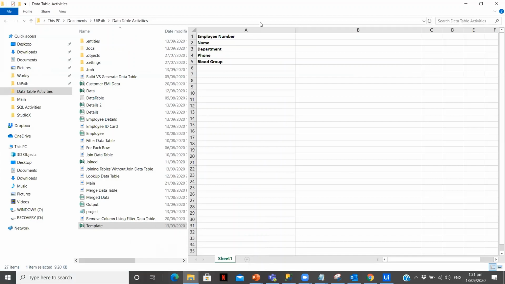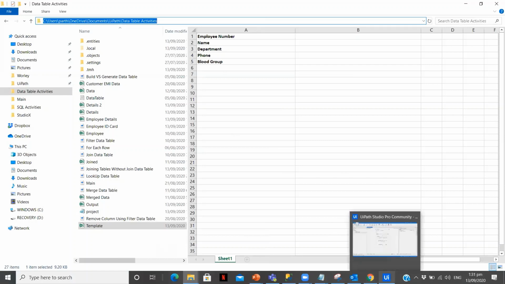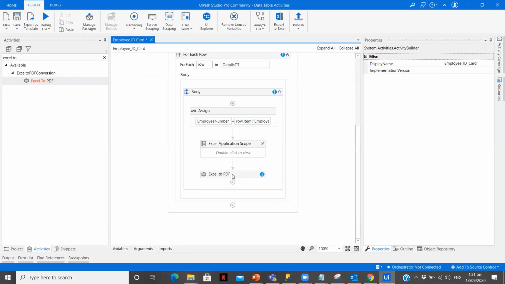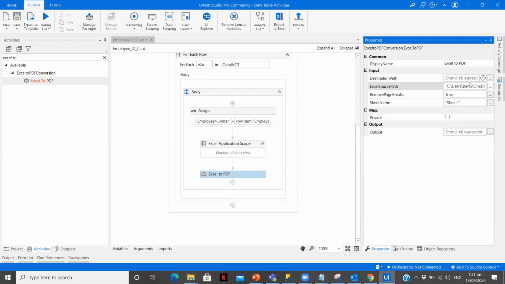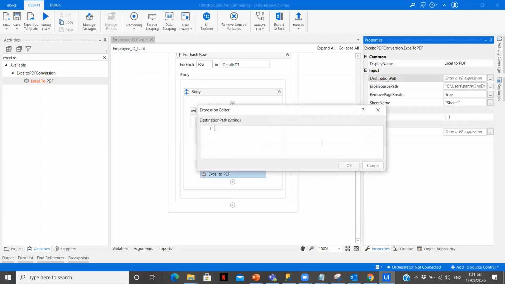So I'm going to go over here, copy this, and then mention it further as well, slash template dot XLSX. I'm going to click on OK, and the destination path is going to be employee number plus colons dot PDF.